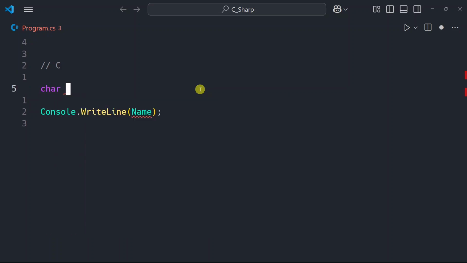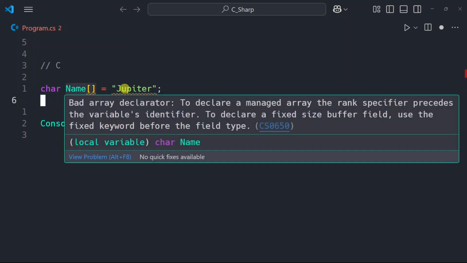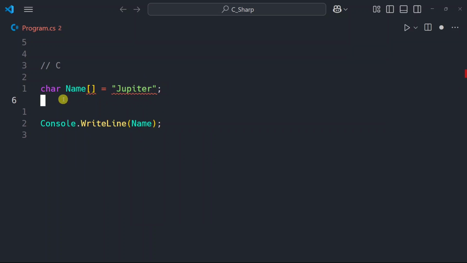This is how you would declare strings in C. When you declare it this way, again in the language C, this is not going to work in C sharp because you can see a bunch of errors. But in C, the null terminator is automatically added, which is when you put backslash 0. Sorry, yeah, that's the null terminator, at the end of the